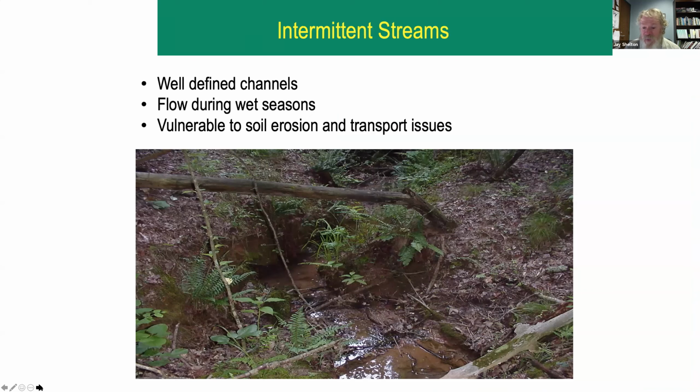For example, intermittent streams, which can have a well-defined channel but might only flow during wet seasons, are equally important in many ways because they tend to be quite vulnerable to soil erosion and transport issues. And some of you may be currently dealing with these types of issues on land that you own or manage.